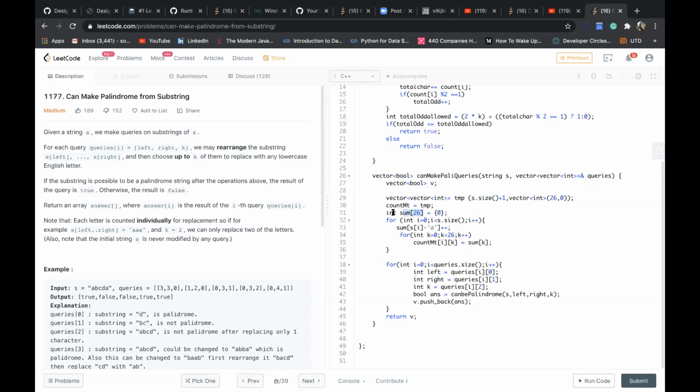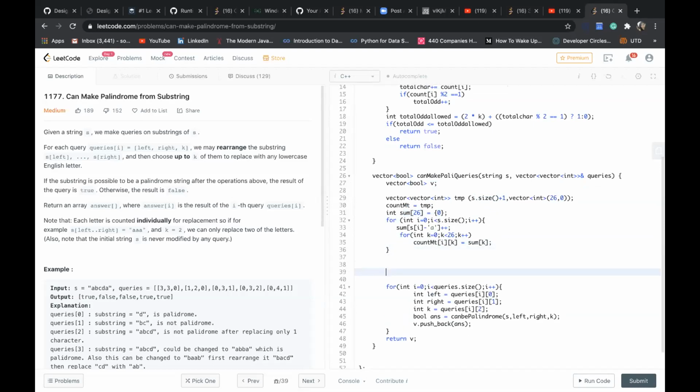You are calculating the frequency count and storing it with the index. Yes. Suppose at the 0th index I have my a count, which will be 0 equal to 1. This is initialized till 26 because alphabets are 26.